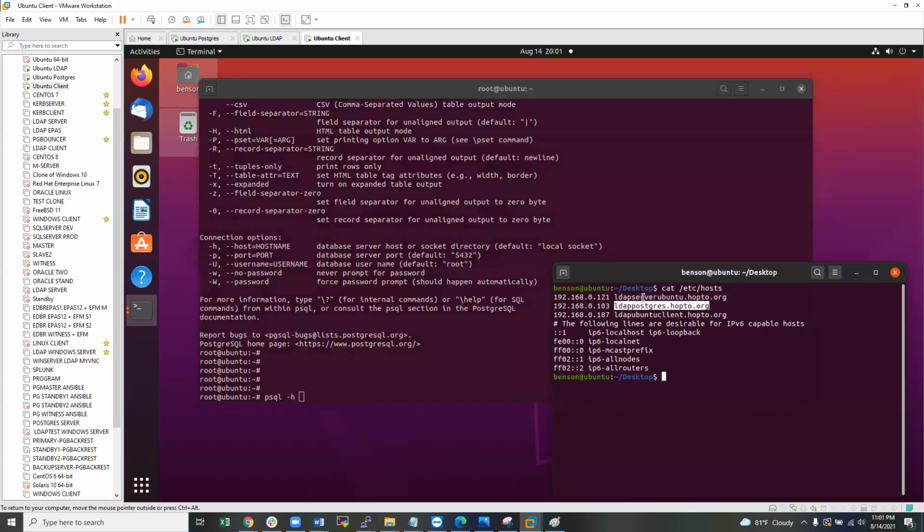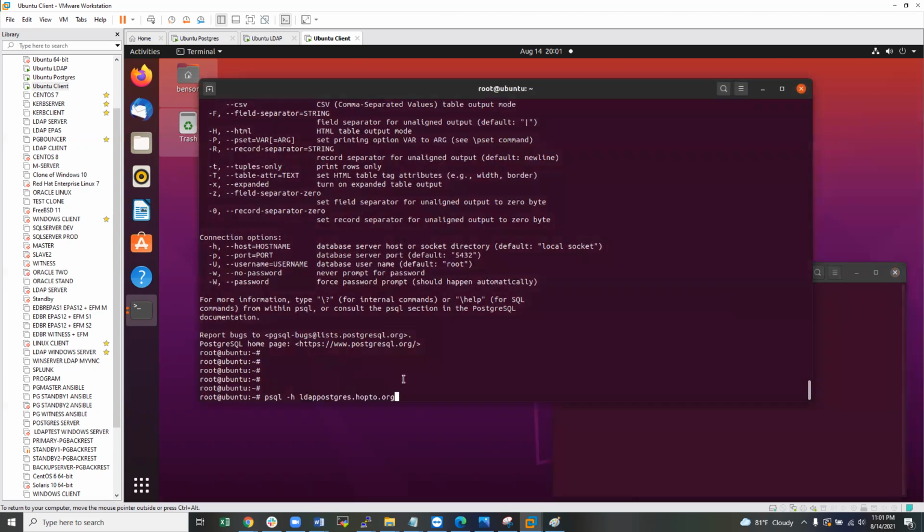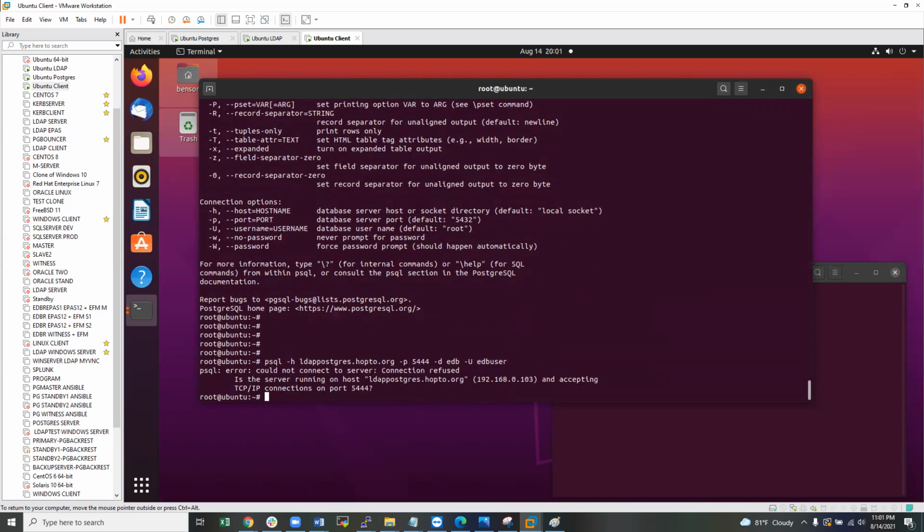I want to connect to Postgres, but it's going to search for my credentials on LDAP. So let me grab this Postgres host. I know the port it's running on, as we saw earlier, is 544. Then I want to specify the database. I'm just going to connect to the EDB database, and as which user, I'm going to specify the EDB user. Now, if I hit enter here,